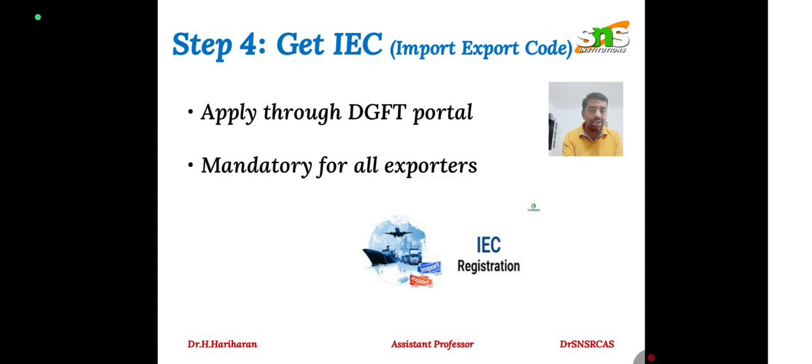And the fourth one is get IEC, the Import Export Code. Without this we cannot do any exports. The first stage in export is getting the IEC. For getting the IEC we should apply through DGFT, the Directorate General of Foreign Trade. Go to the Directorate General of Foreign Trade portal, and you can apply online. It is mandatory for all exporters. So without IEC you cannot